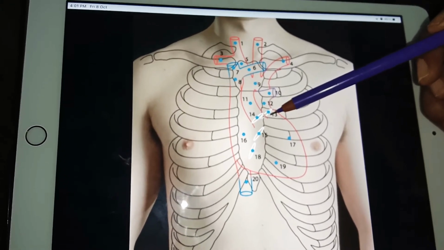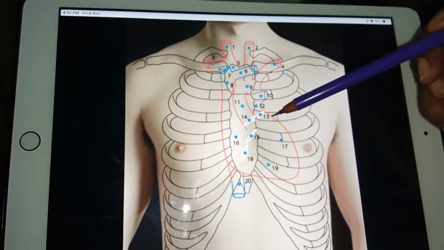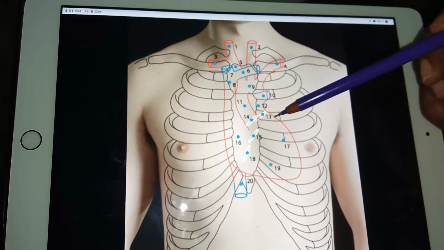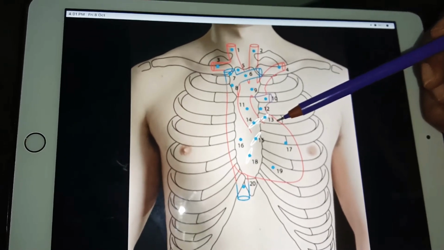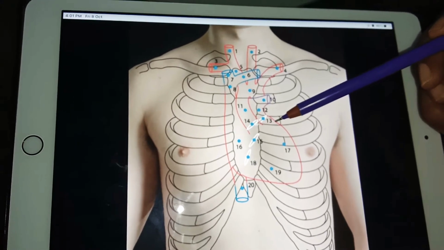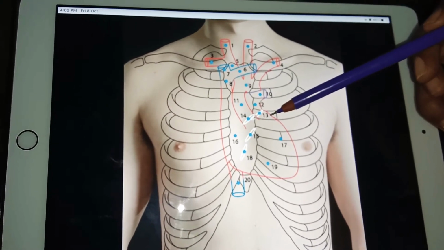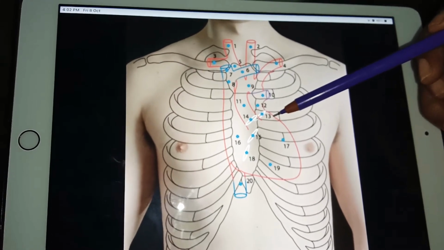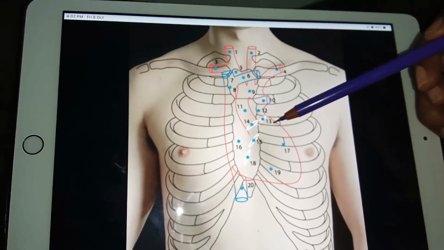So from the pulmonary valve, by a horizontal line 2.5 centimeters long, mainly along the upper border of the left third costal cartilage. So the left third costal cartilage, where is the left side? This one, this is the left third costal cartilage. So from here the pulmonary trunk will start, and partly over the adjoining part of the sternum.